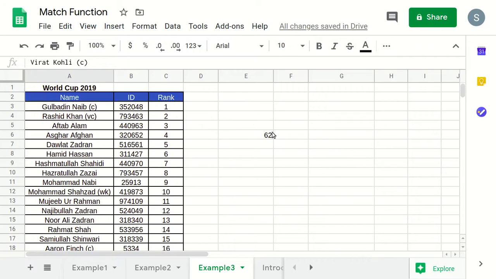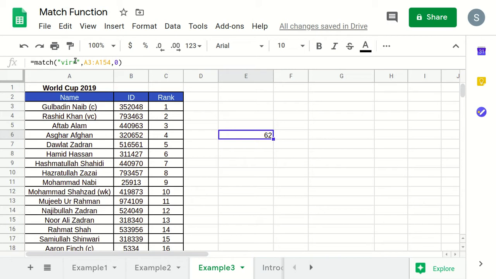You know that the ID starts from 25, and obviously this is true if the entries are unique, right? Because if the entries are not unique, the one that comes first will be printed. So this is true when the entries are unique, like in the case of IDs, when you know some part of the ID and you don't know the other part, or maybe some other thing, you can always use this symbol.